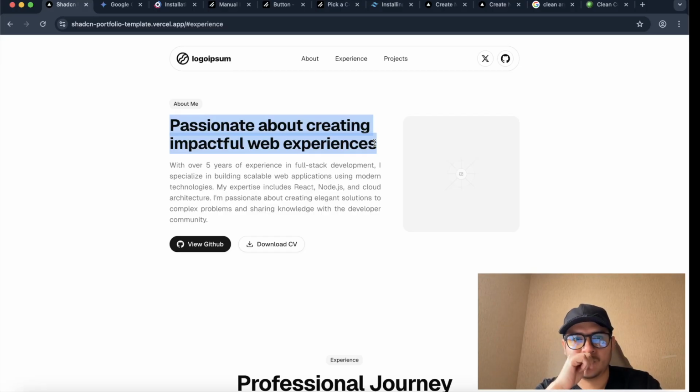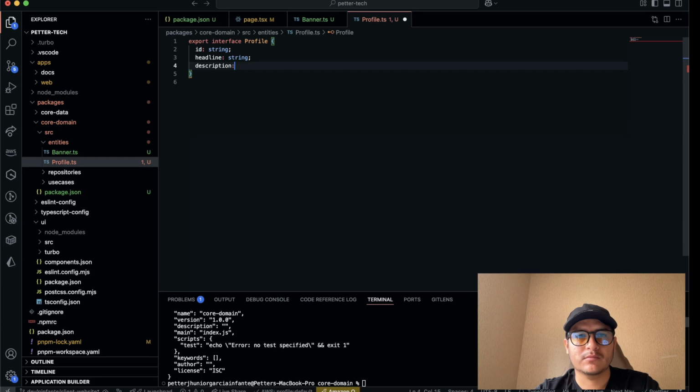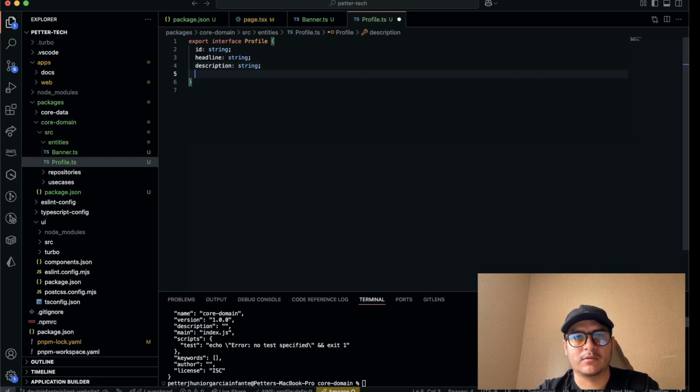I want to call also headline, which is a string, a description, which is a string, GitHub URL, which is a string also, CV URL, which is a string also,